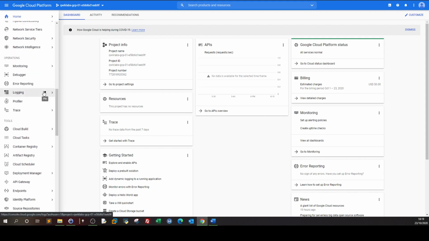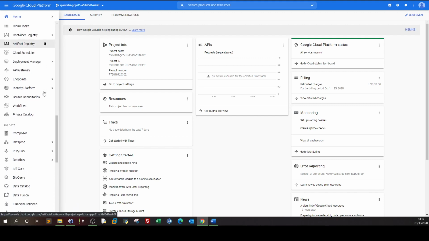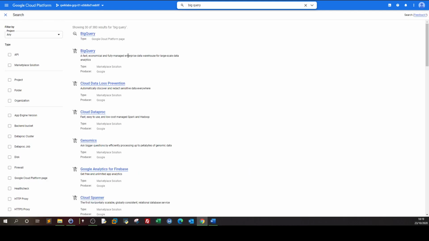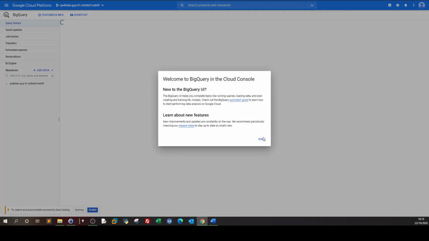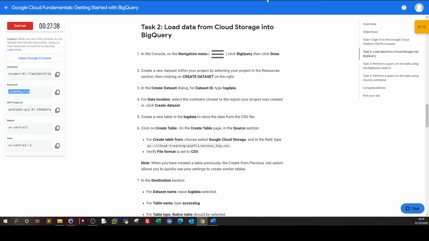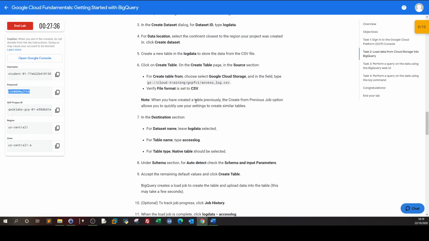I always struggle to find this BigQuery. All right, it's better to write query. So here you are in BigQuery, and you can then follow the instructions, create a data set, and complete the